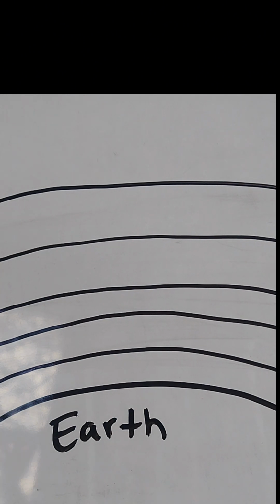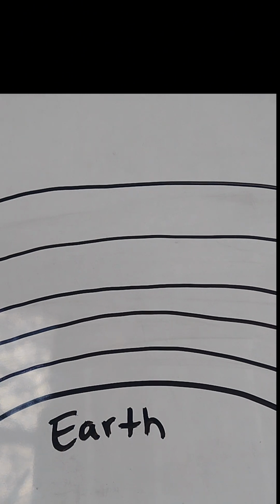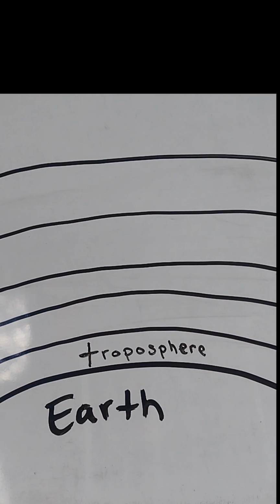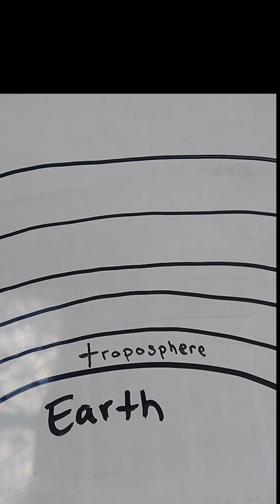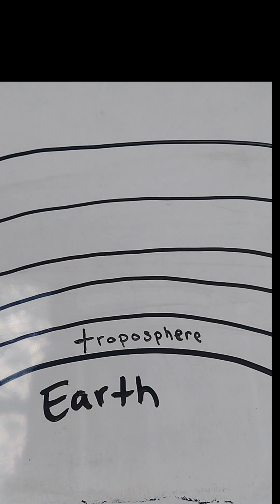There's a diagram of the layers of our atmosphere. So we're just going to go through those real quick. So here's Earth, and our first layer is what? The troposphere. And what's special about the troposphere? Well, that's where we live, right? That's where mountains are. Jets fly in the troposphere. That's where the moisture is, and so that's where we're going to have clouds, and that's where we're going to have weather.